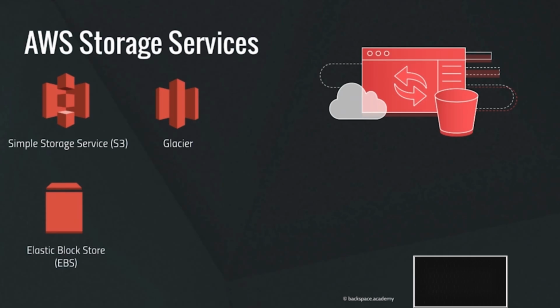Amazon Elastic Block Store, or EBS for short, is a highly available, low latency block storage, and it's specifically for attaching to servers that are launched with the Amazon EC2 service. We'll learn more about the EC2 service coming up. It's similar to attaching a hard drive to your computer at home. Works in the same manner.